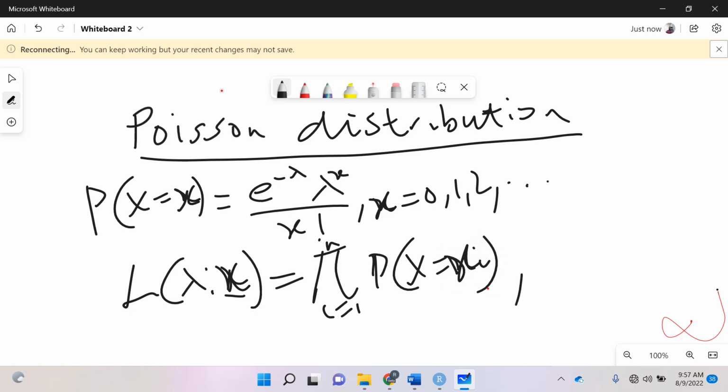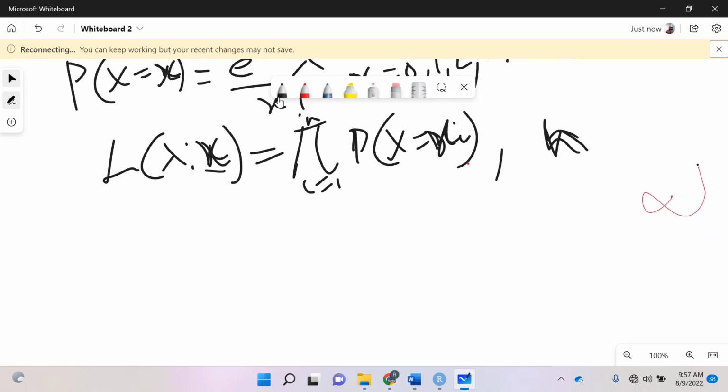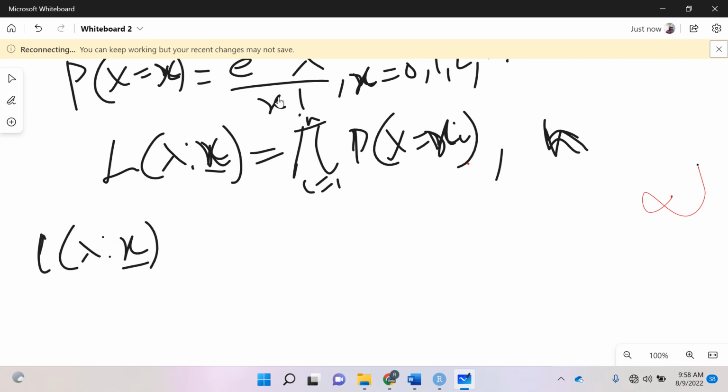Because for data we must have a size n. In other words, it must have a sample size. We cannot have the data be infinite. So essentially, if we do this and get our log likelihood of lambda, it will be equal to, because when we find the log, this becomes a sum, right? So essentially you get sigma xi,